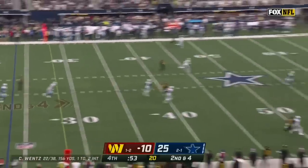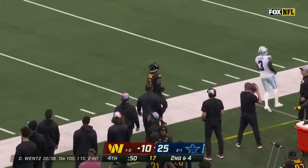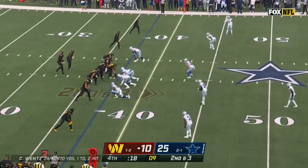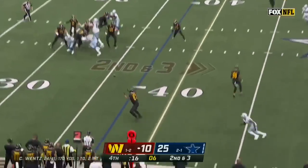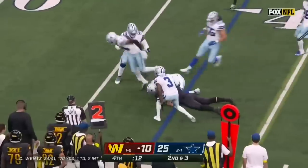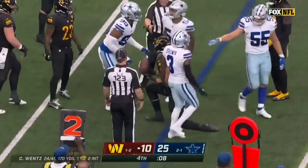Wentz just going to check one deep to Brown, who's covered like glue by Brown. A one. He wants a sack. Bates again. He's getting some catches. He loses a football and think he got it back. He did. Brown forced the fumble. That should take us to the